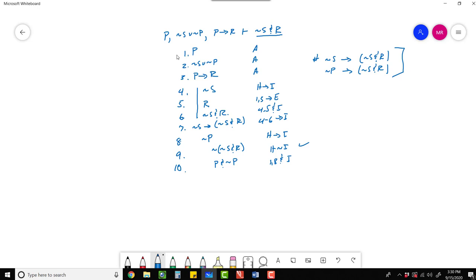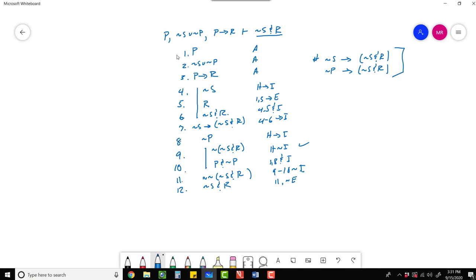So we have our contradiction, P and not P. And so now we can write the negation of the hypothesis, which is not S and R, right? So we have 9 through 10, negation introduction. And we don't want not S and R, we just want plain old not S and R, right? Which we have now through 11, and